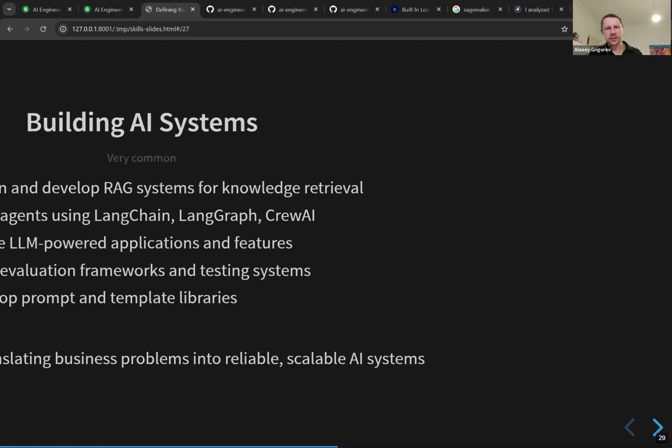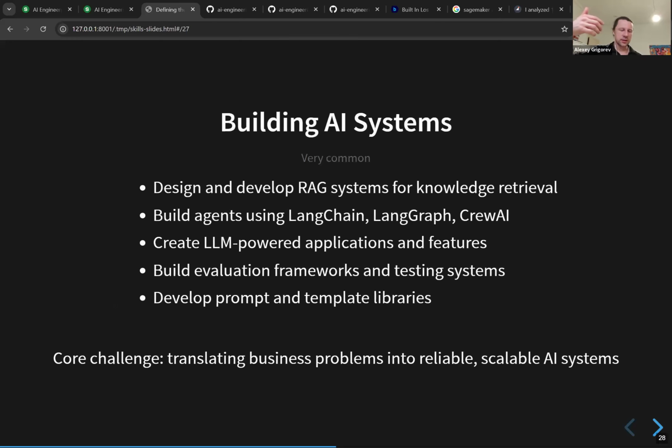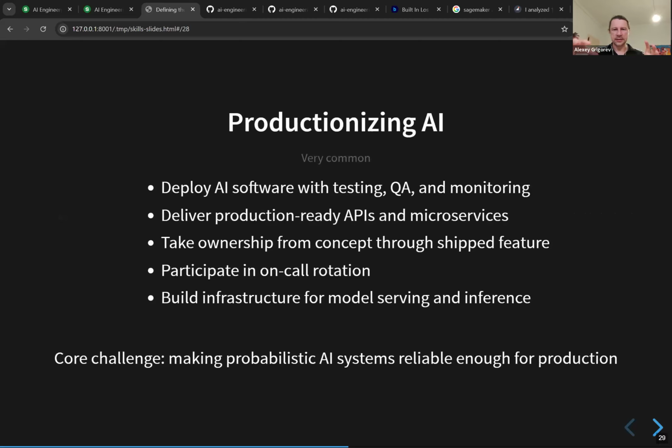So this is kind of similar to building, but this one is productionizing. Here I would say building is more like using the core AI skill, right? The core AI engineering skill. But here it's like, okay, now you have your agent. What's next, right? How do you make it really production ready? Which is all these ops processes, like testing, QA, monitoring, and stuff like that, right?